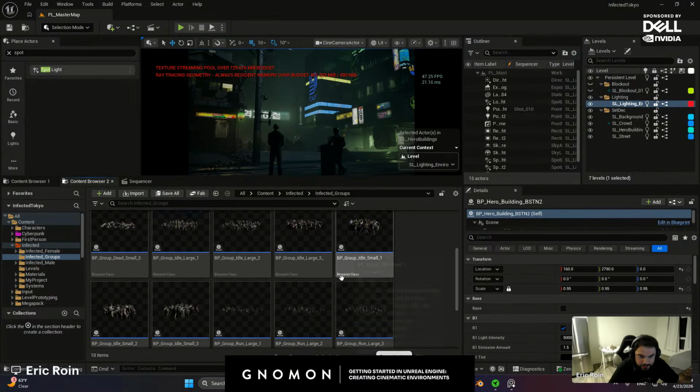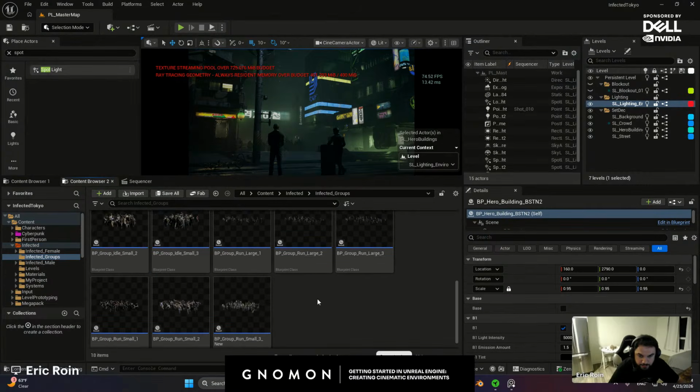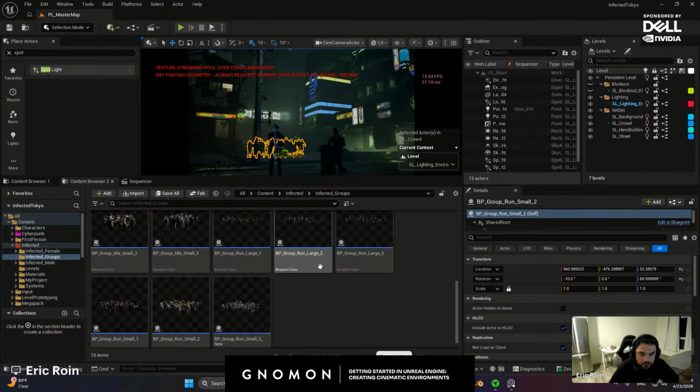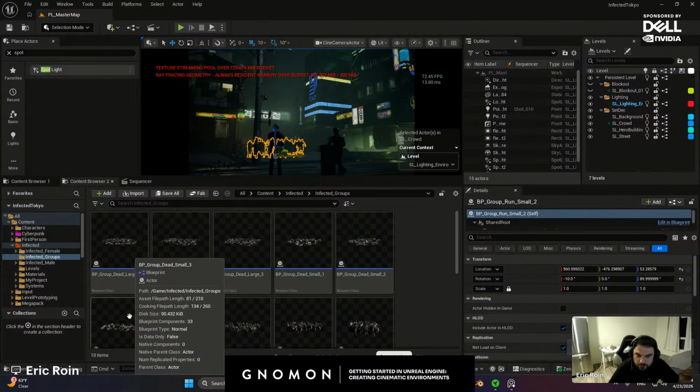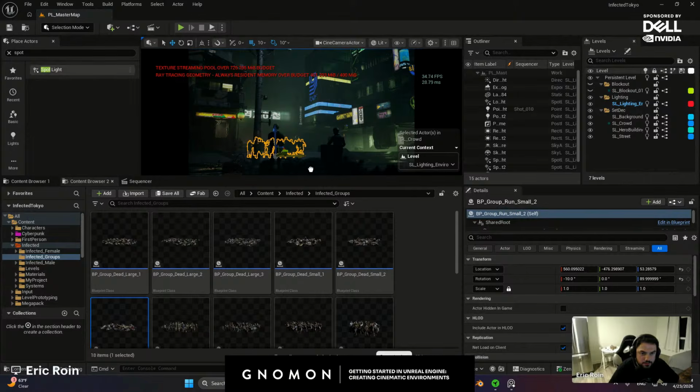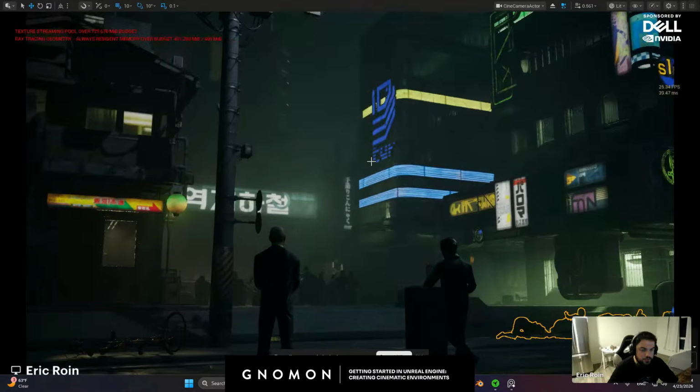I like the groups example, but I don't want to overdo it either. Yeah, no, that's way too much. Let's see what that looks like though.